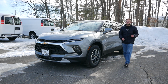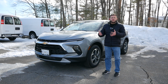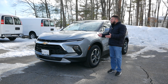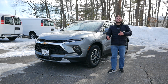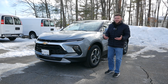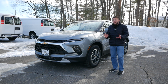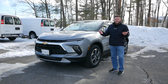Rumor has it this is the end of the line for the Chevrolet Blazer, a two-row crossover that has given buyers an opportunity to get something that is fun and enjoyable, but also relatively affordable. When the Blazer first came out last decade, there was so much controversy. For one, it wasn't off-road worthy, and two, it kind of gave you this feel of being a lifted four-door version of a Chevrolet Camaro, which is somewhat blasphemous to say. However, this vehicle has taken that ethos and applied it to this segment, which is kind of rare to see